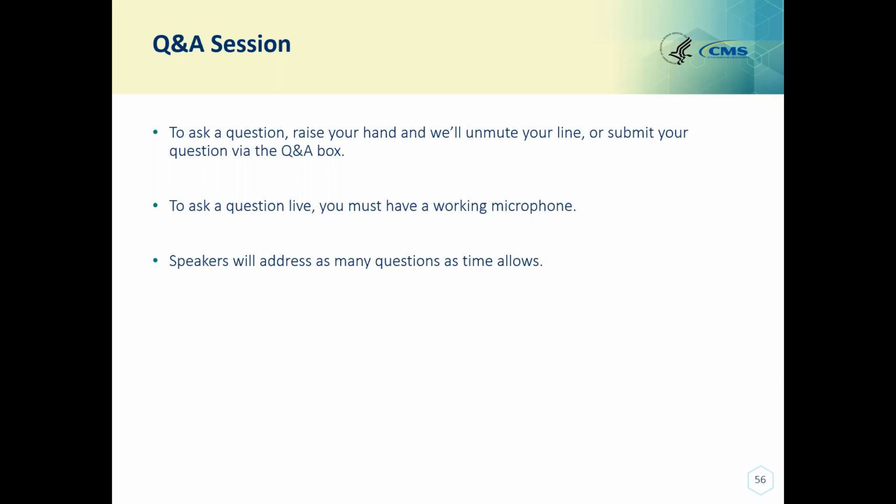So for automatic exclusion, will there be a process, or will it be just automatic? It will be automatic. I don't know when the lookup tool will be available, but you should be able to go in and check your MIPS status for 2022, and it will tell you if you are being automatically reweighted because you're a small practice. That's good. Okay, I have one more question.